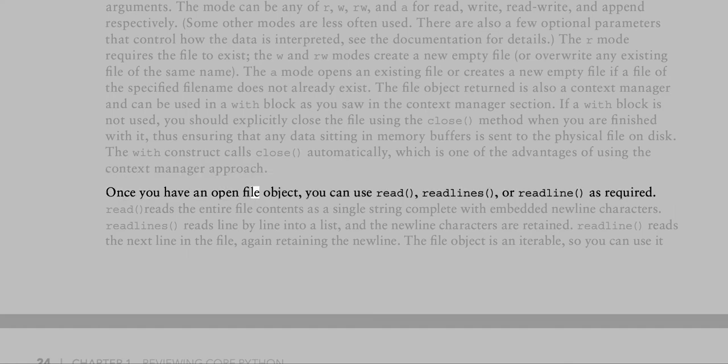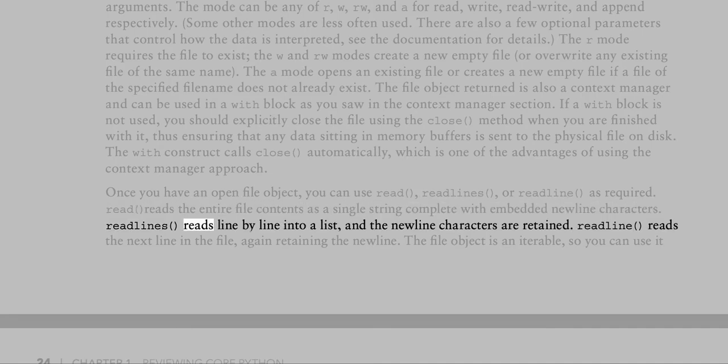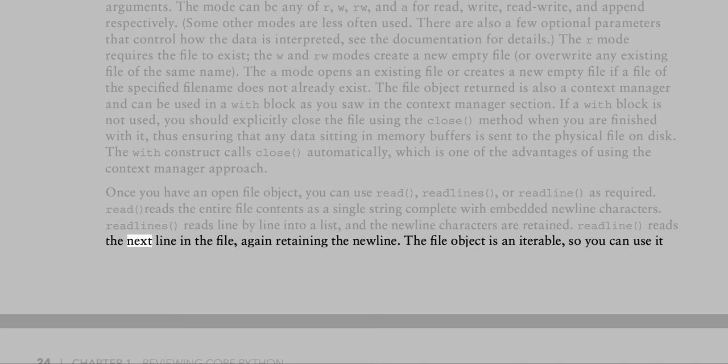Once you have an open file object, you can use read, readlines or readline as required. Read reads the entire file contents as a single string complete with embedded newline characters. Readlines reads line by line into a list, and the newline characters are retained. Readline reads the next line in the file, again retaining the newline. The file object is an iterable, so you can use it